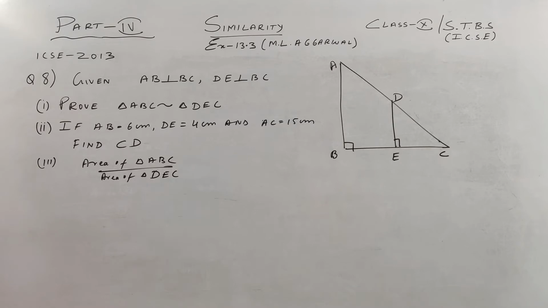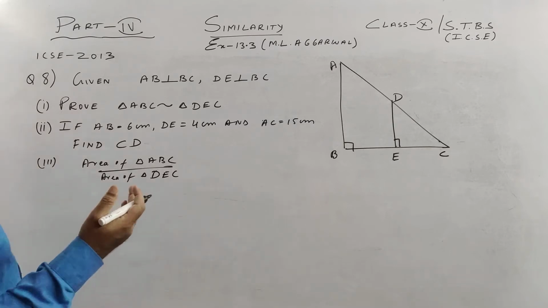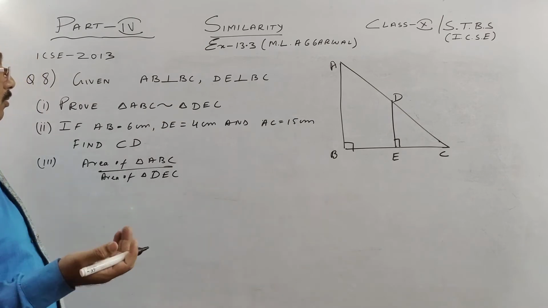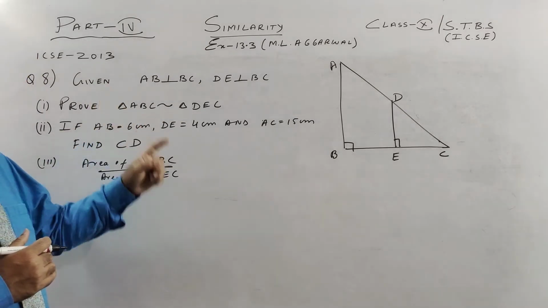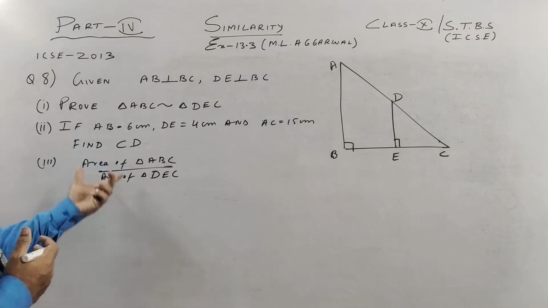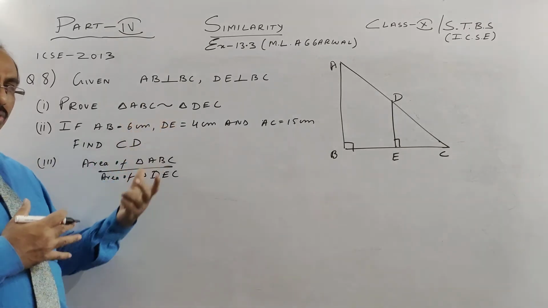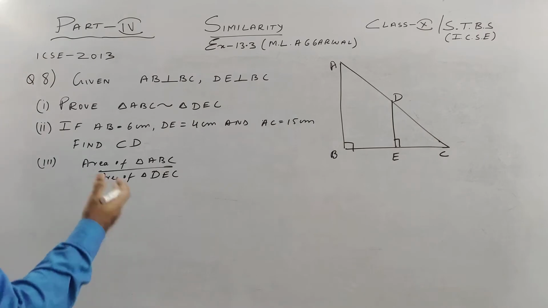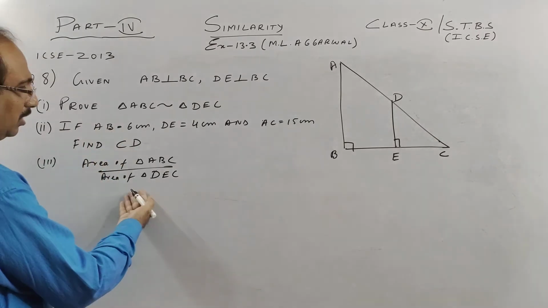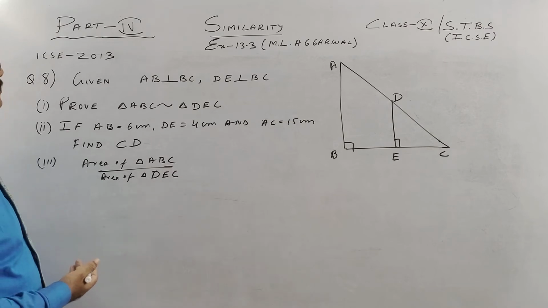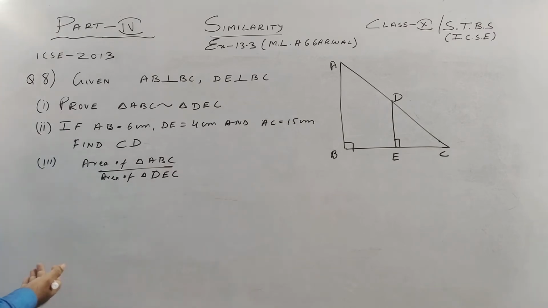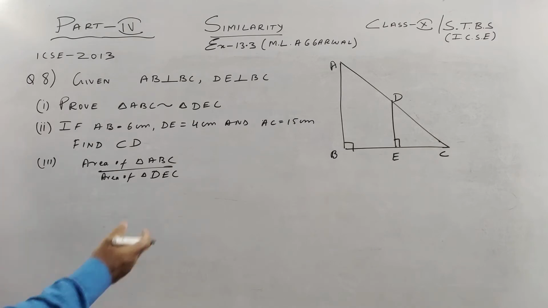Let us see the very last question of this session. Compared to other years which you have done in part 2 and part 3, this particular part 4, 2013 and 14, they are comparatively easier, especially the last part. On the whole, the pattern is very much similar, except the last part is a little more difficult in 2017, 18, 19.